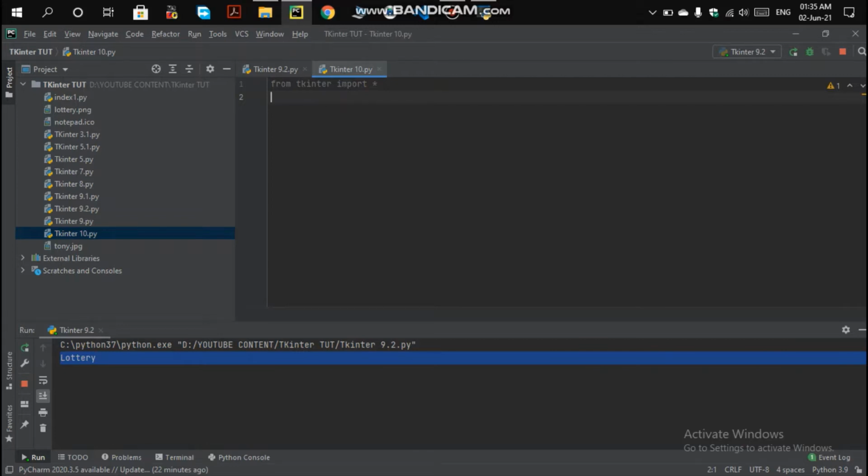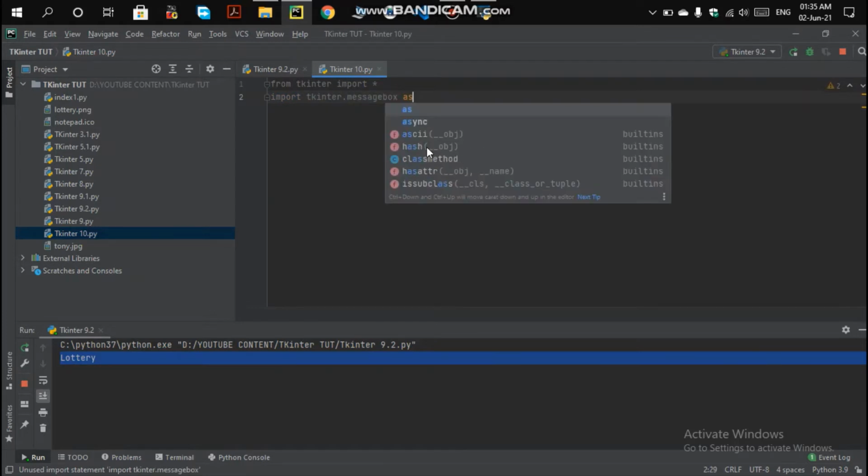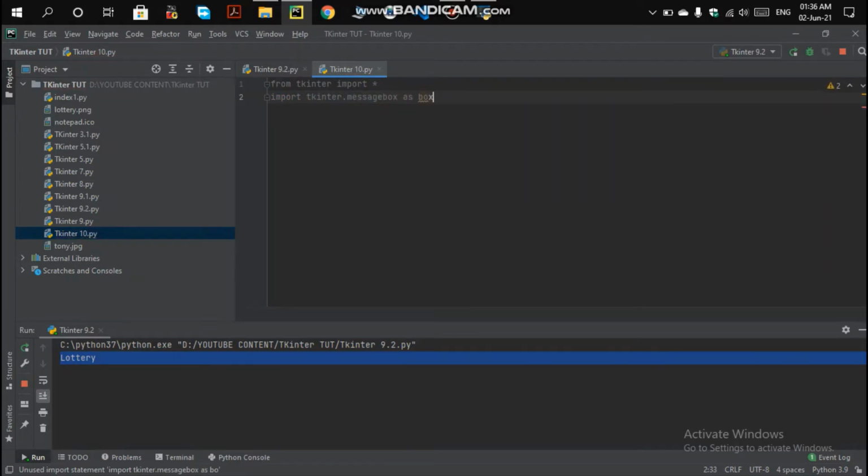We are importing it from tkinter.messagebox, so: import tkinter.messagebox as box. This box will be imported from the Tkinter library in message box format.